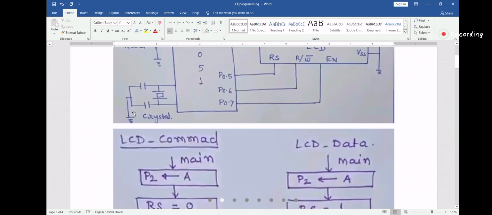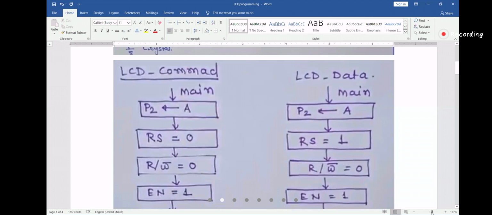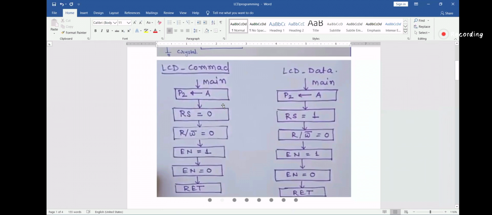First subroutine, see this flowchart. This is for LCD command, this is for LCD data. Are you getting it?